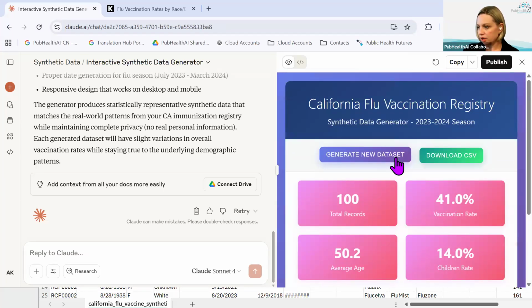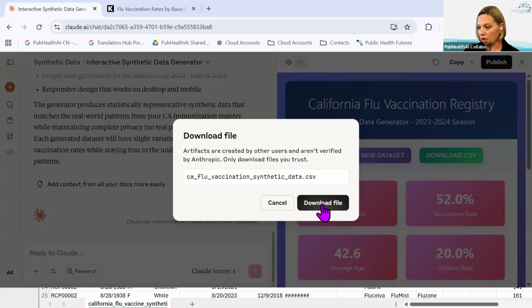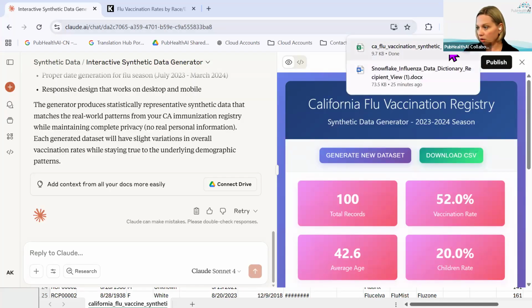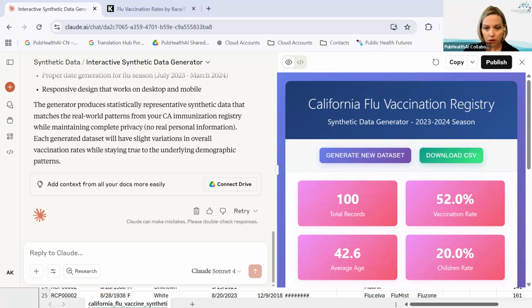And if you want to generate another data set, this vaccination rate looks closer to the state average. I think the flu vaccination rate for kids is higher than that. So if there were certain percentages that you really wanted it to adhere to every single time, you would need to mark those in. But if you're looking at longer periods or something, it's going to be more variable. So again, we can download the CSV file to wherever we want to, take a look at it,